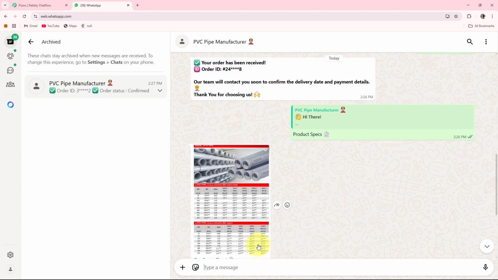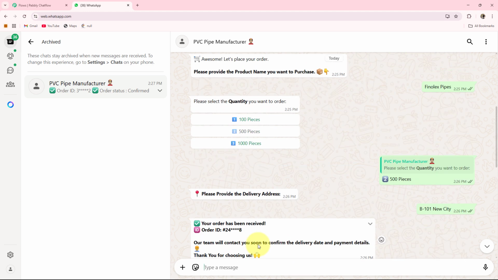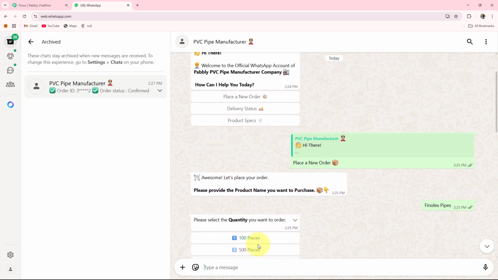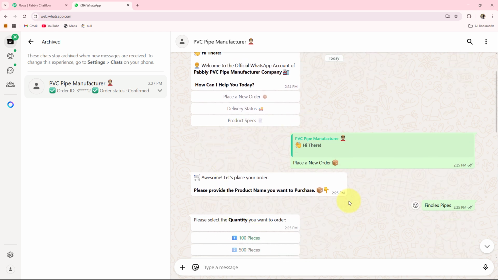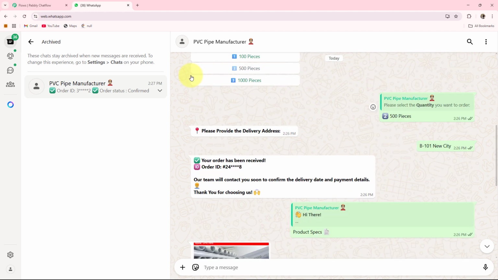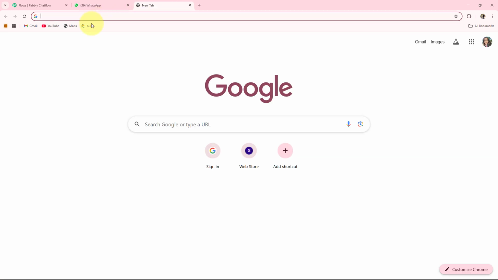So basically this is how your chatbot will work and this is how your bot will respond to your customers instantly. You can create this type of automated WhatsApp chatbot for your PVC pipe manufacturer companies. So let's get started. At first you have to click on a new tab and search